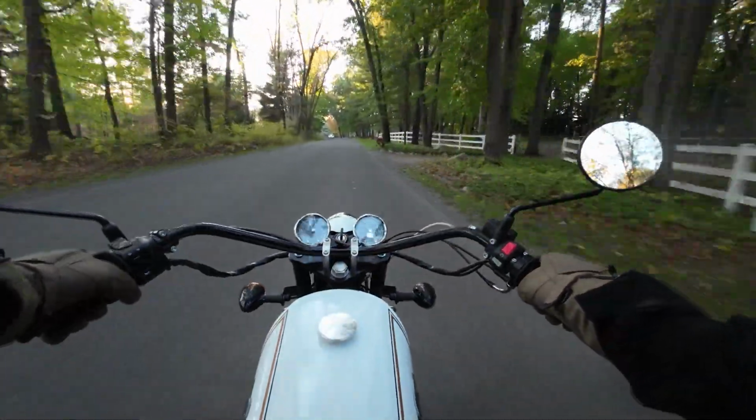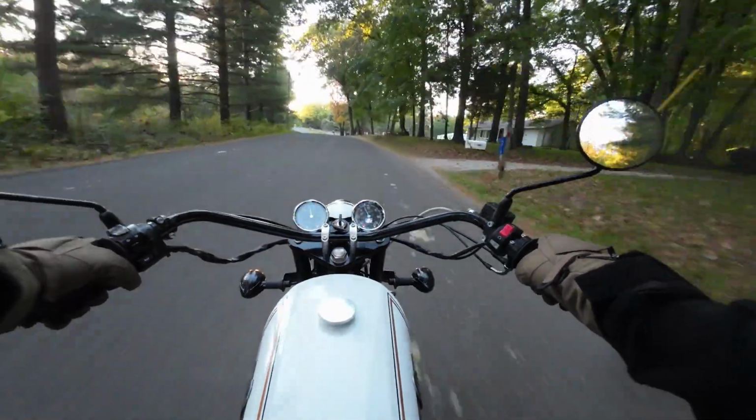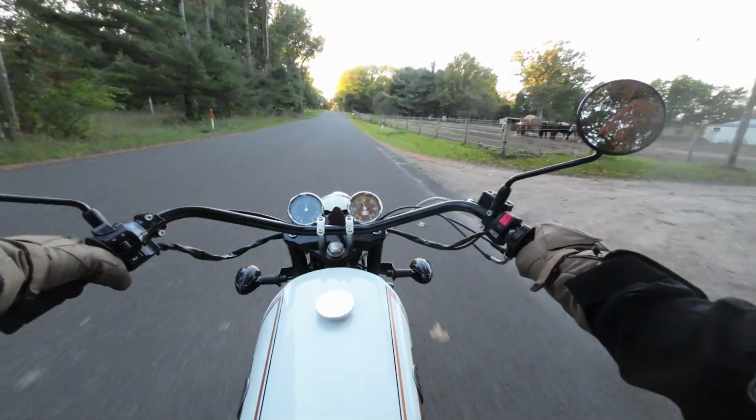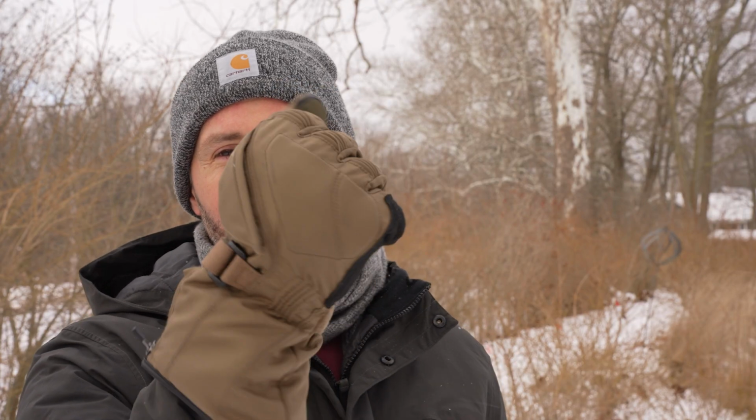I went for an hour-long ride in 40-degree Fahrenheit weather, and the gloves kept my fingers warm the entire time, which made the ride much more enjoyable because operating a motorcycle with frozen hands is just not a very fun time. And to test these a little bit more, I went for a 3-mile walk with these gloves. The weather app said that it was 11 degrees Fahrenheit, and these did a really good job of keeping my